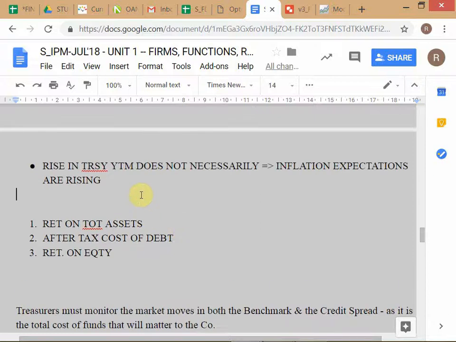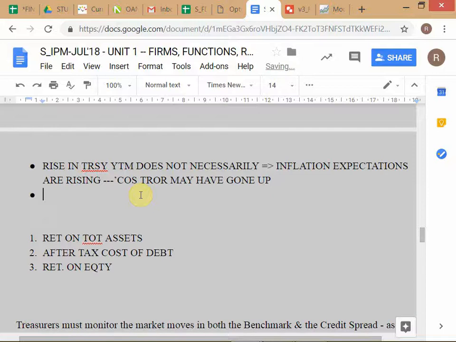So the first point that I was making is that the rise in the Treasury YTM does not necessarily mean that inflation expectations are rising, because TROR may have gone up. As I showed you in the case of the 2016-2018 rise in US Treasury yields, 67% of that is explained by the rise in the TROR. So you have to check the TIPS yield also. The other mistake that people make obviously is therefore